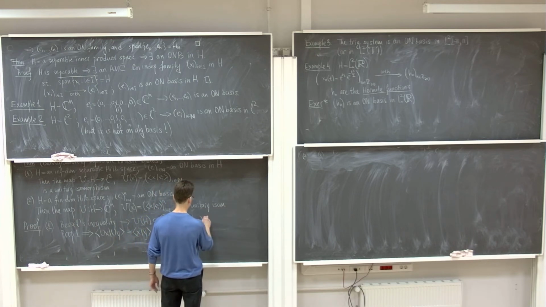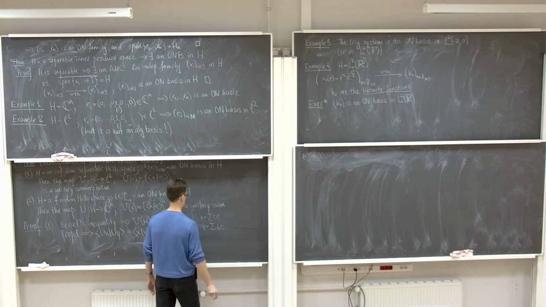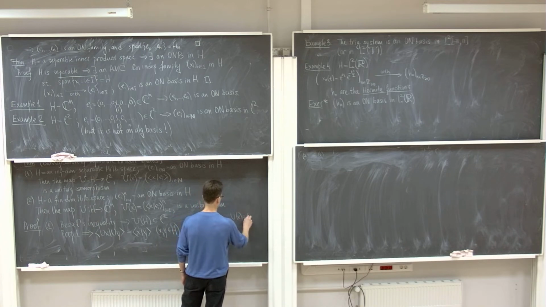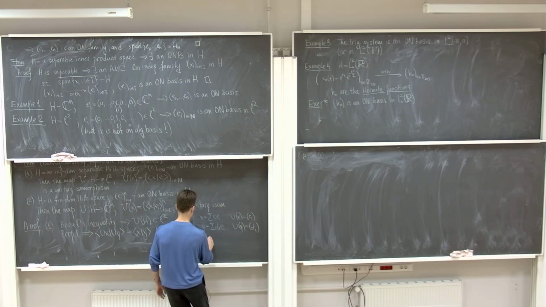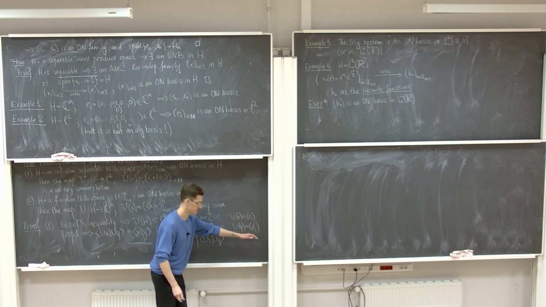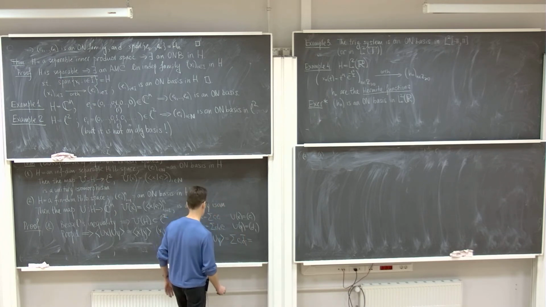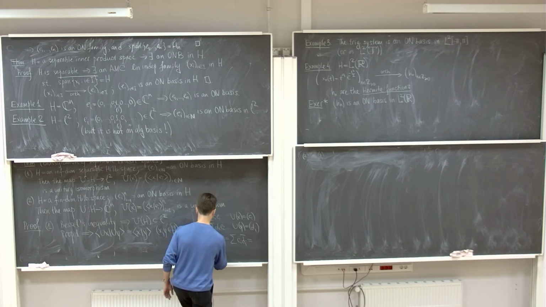So if X is given by the following formula and Y is given by the following formula, U of X is nothing but the sequence Ci, and U of Y is the sequence Di. So the inner product of U of X and U of Y is the inner product of these two sequences in the little L2 space. So this is the following sum, and this is nothing but the inner product of X and Y by proposition 1.